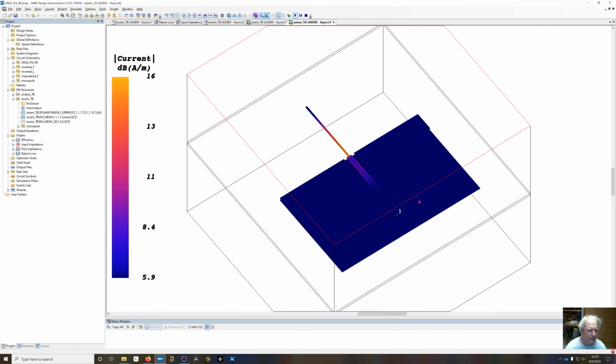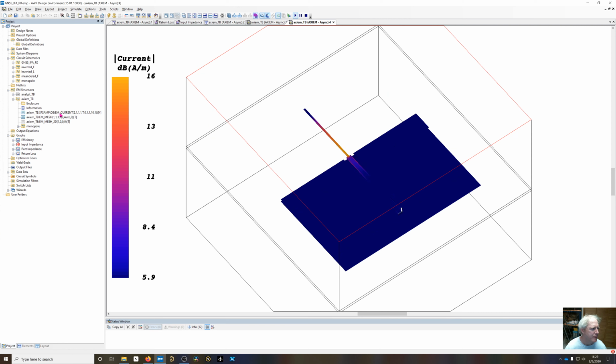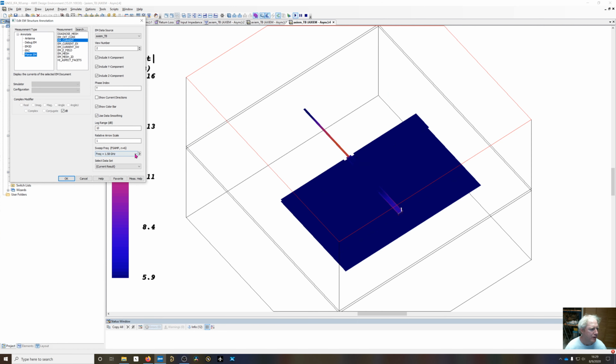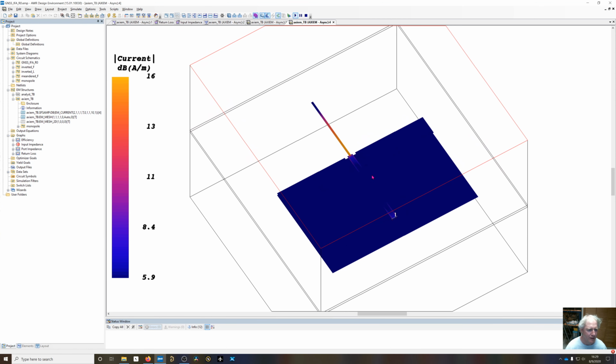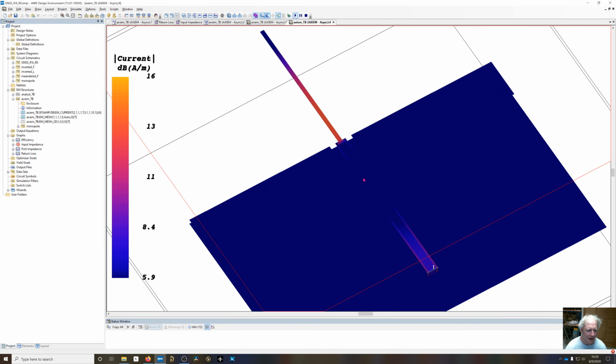Now, looking at the current density animation, it's important when you do this to select the frequency carefully. Analyst is going to interpolate between the frequencies it samples at, but those sampled frequencies are the only places you're going to be able to actually look at the current, unless you tell it to solve at every frequency in that list. That's going to take a long time. So if you look at the sampling frequencies, 1.58 is very close to 1575, where our maximum return loss is. So it's important to choose this when you're looking at your current so that you're at a point of resonance and good return loss. But you can see that the currents concentrate at the edge of the microstrip line,